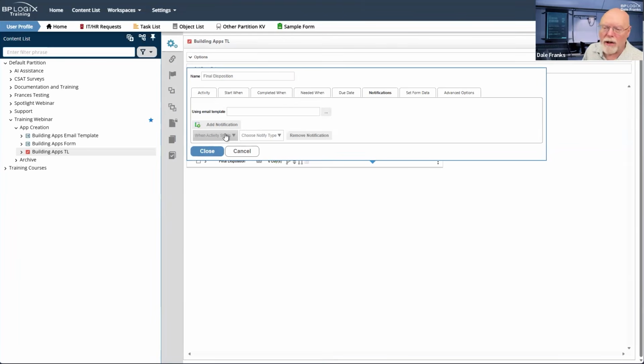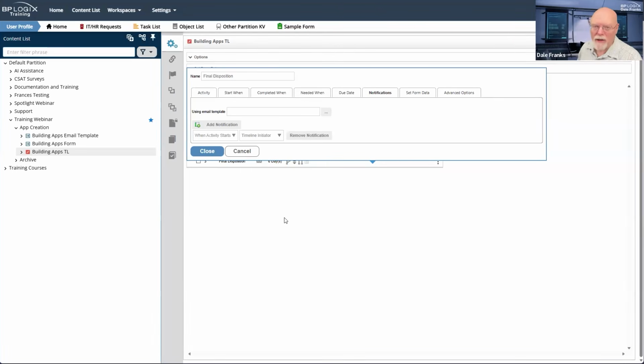And all you need to do is determine when the email goes. So in this case, it's when the activity starts, because there are no other possible events that occur in a notification activity. So this is your only choice. So when the activity starts, we are going to notify, in this case, the timeline initiator.